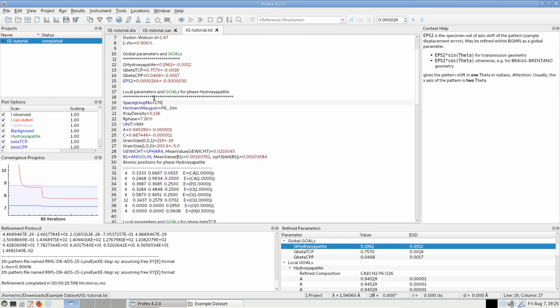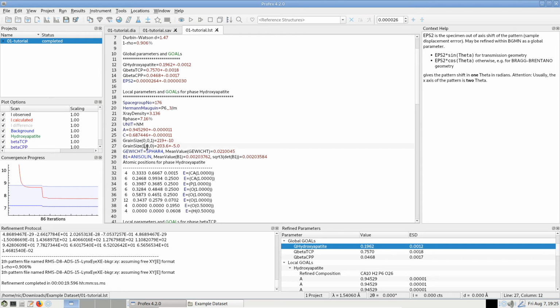It summarizes again the space group information, the number, and the Hermann-Mauguin symbol. It calculates the density based on the structural information. That's a value in grams per centimeter cubed. And a phase-specific R value, the A and C cell parameters, the crystallite size in nanometers in 2 different directions,